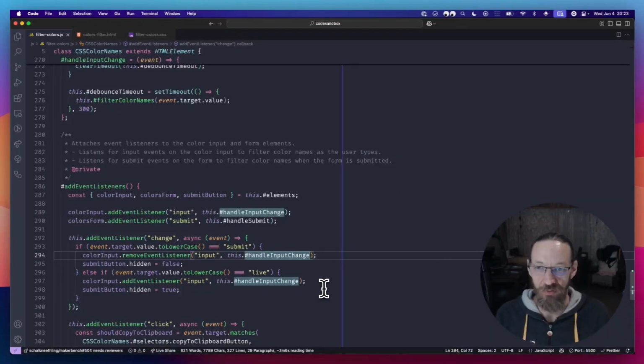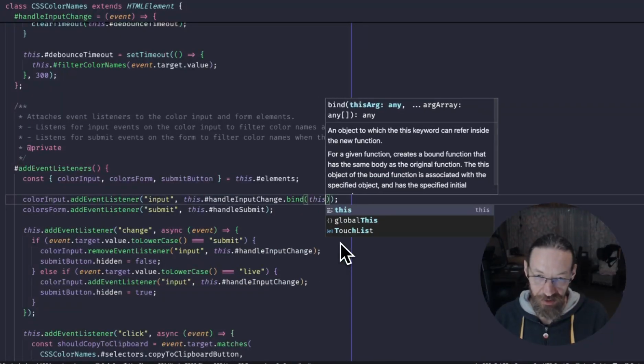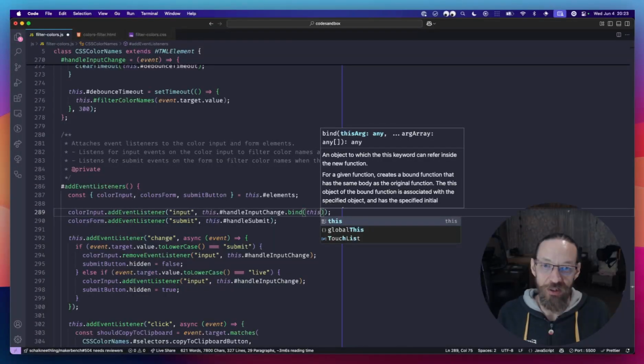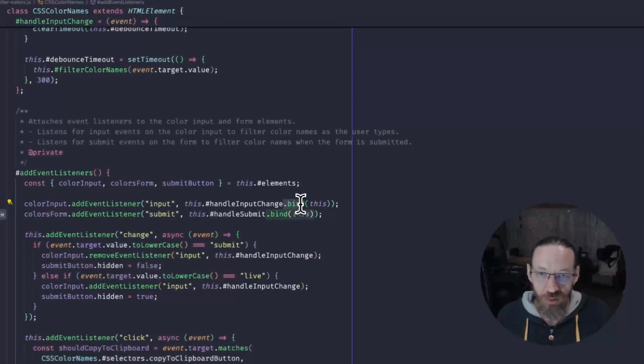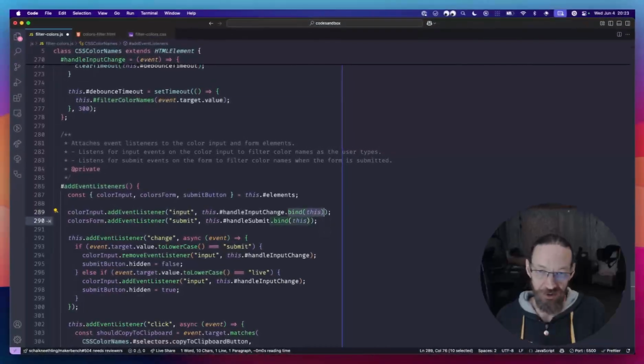Now, there's two ways you can do this. One way you can fix this, for example, is when you call a function or when you register an event handler like this, or in this case, we're removing it, so let's do it over here. You can say .bind(this). Now you're explicitly telling JavaScript, when you call this function, I want you to bind the this keyword to the class. The problem is when you do it like this, the fact that you're calling bind(this) at the end here